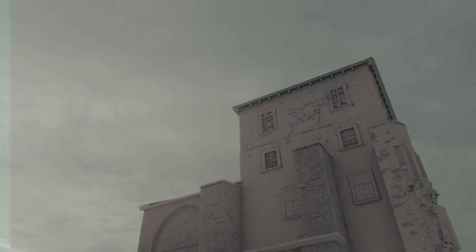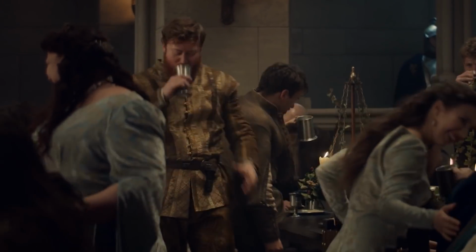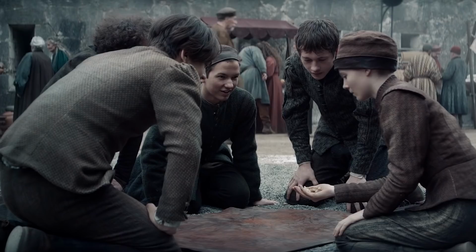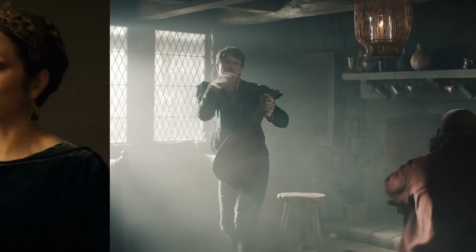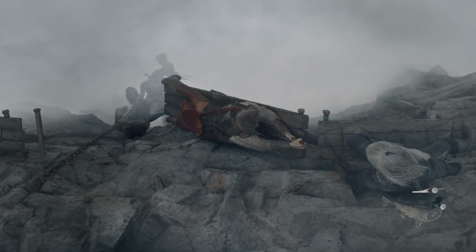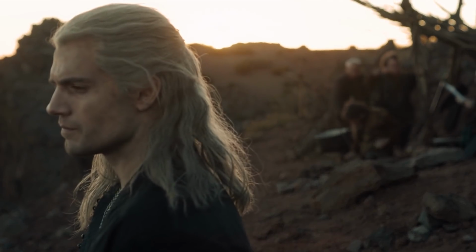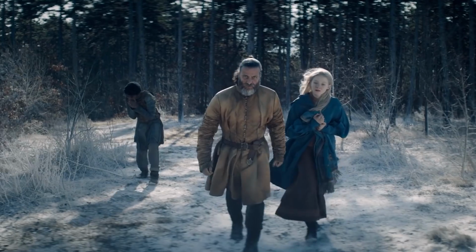A lot of time went into designing the buildings, such as churches and meeting halls, and they had to represent the distinct districts of the city, such as lower class, middle class, and upper class. For shots on perilous mountain locations, live-action shots of the actors were inserted digitally into the scene for the actors' safety. VFX supervisor Pedro Sabrosa said, "For a fantasy series like The Witcher, environments and locations serve the purpose of